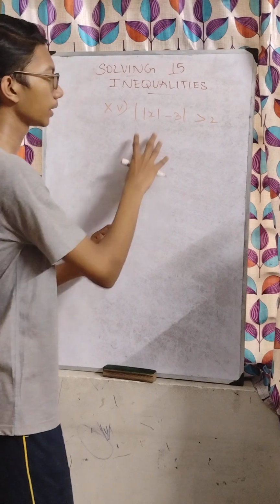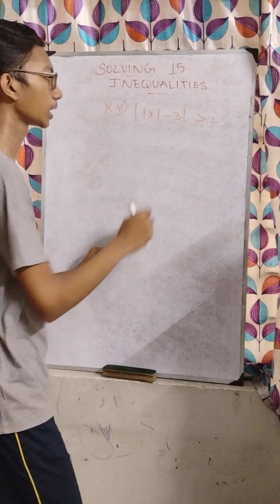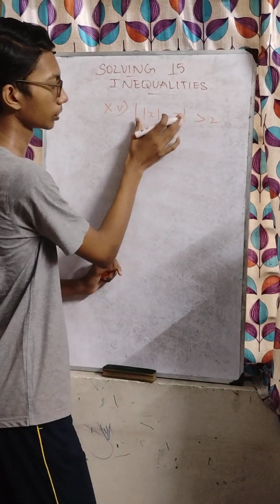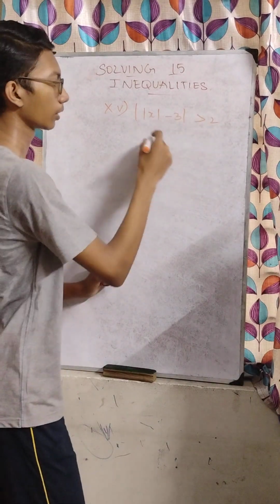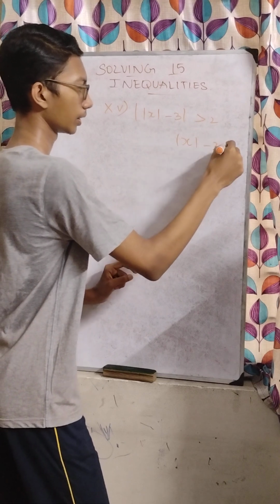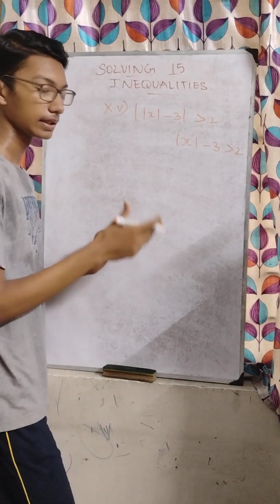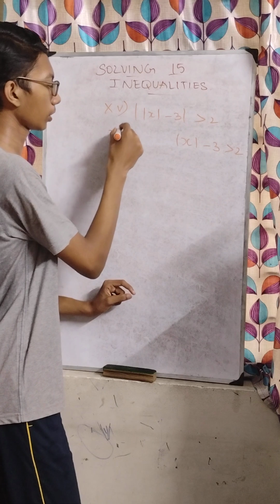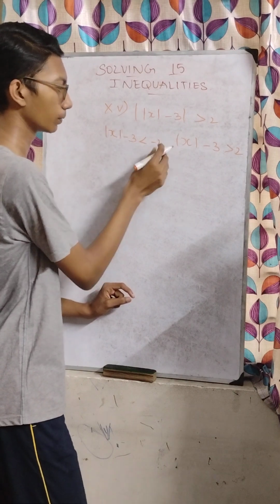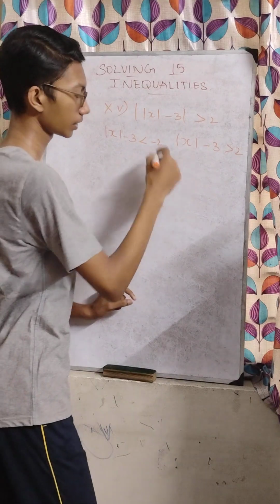So don't be intimidated by this problem because this is actually an easier problem. First, this interval must be greater than 2. We have to split this into 2. Modulus of x minus 3 is greater than 2. The next thing is modulus of x minus 3 is less than minus 2,